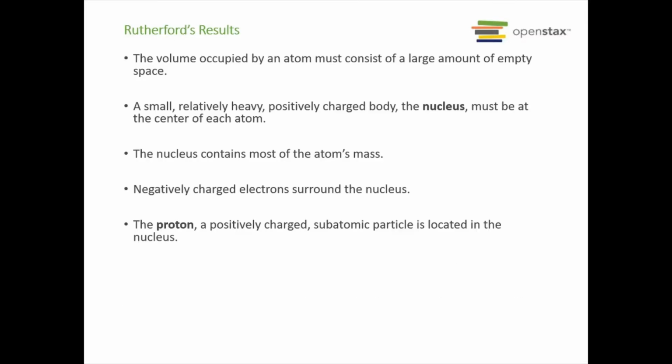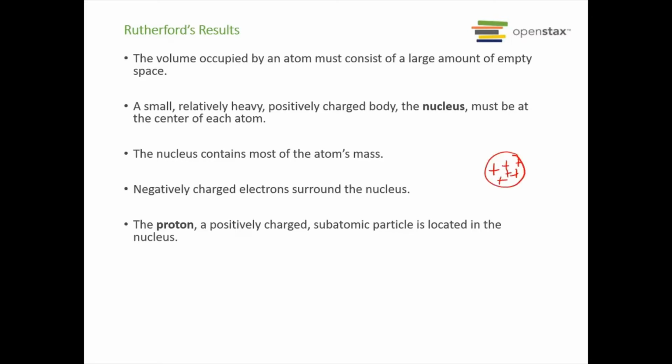So what Rutherford then came up with was that the volume occupied by an atom has to be mostly empty space. So he proposed we have this relatively heavy, positively charged nucleus at the center of each atom. And this is where the majority of the atom's mass is located. And he then said that the negatively charged electrons surround the nucleus. So you have your positively charged nucleus,